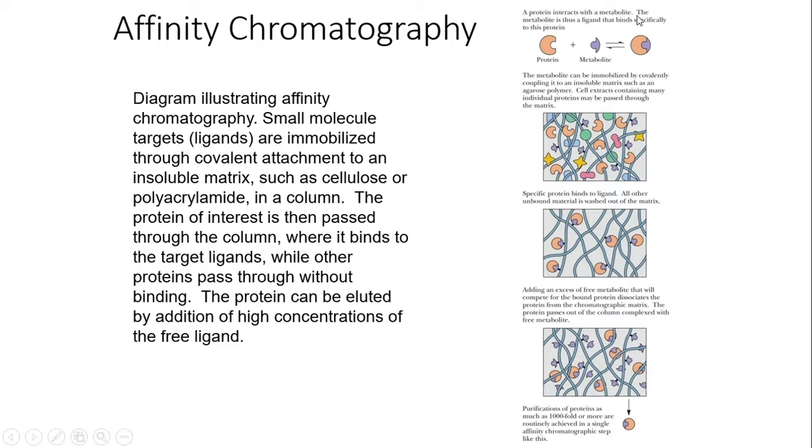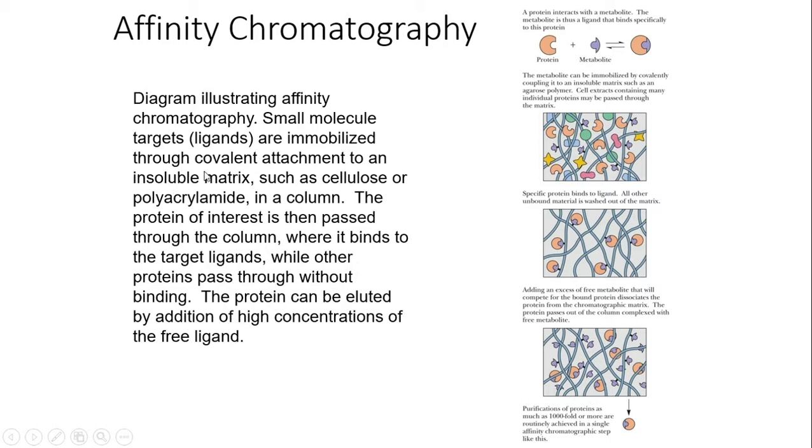So we can actually isolate specific proteins using its target or its ligand, the thing that it binds to in a cell. So we link that metabolite to our matrix that is in our